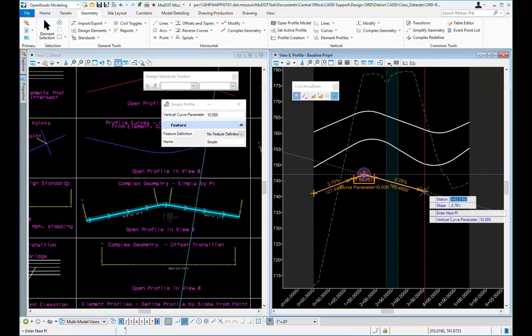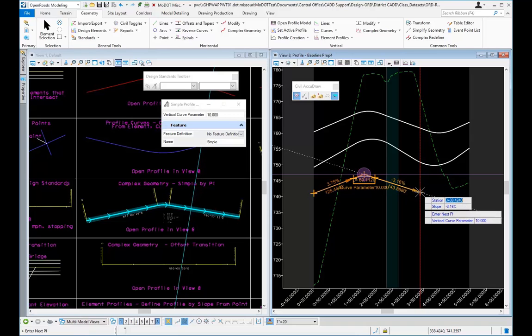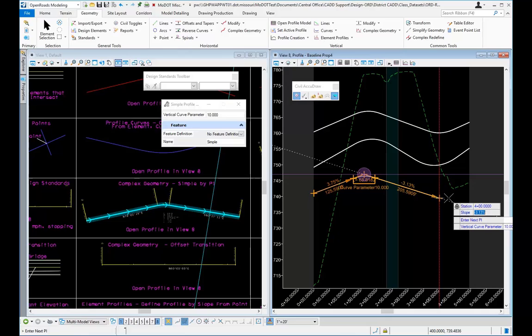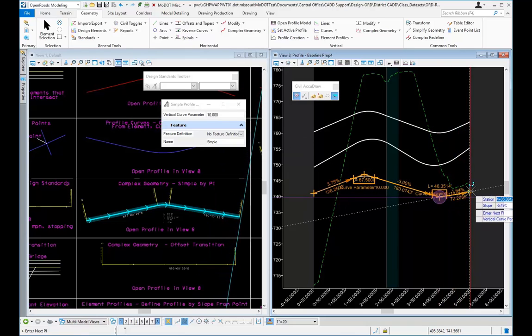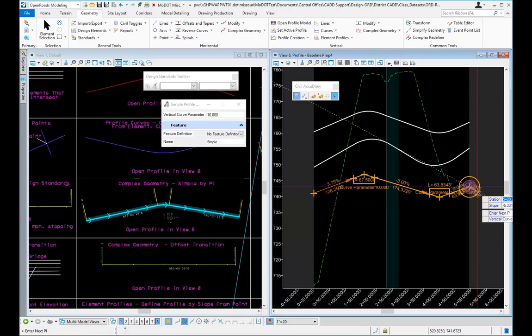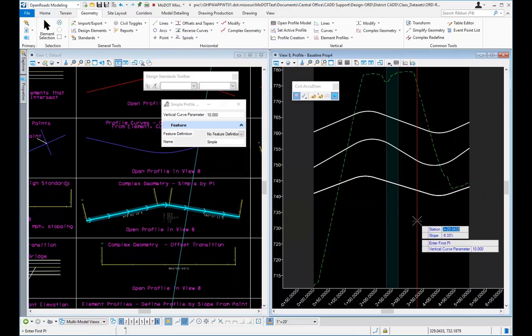Okay, again, like before, we could go to the slope, and we could key in a station 4 plus 00, enter that in, move the mouse around, and you'll see it's locked into 4. And then our slope, we can just do a negative 3% and enter that in, and it will lock it in. Left click, and then you can add the end location with a snap to the end of the profile